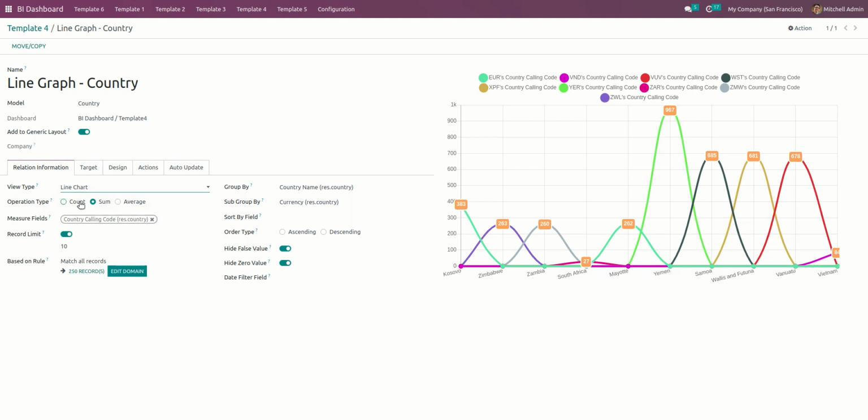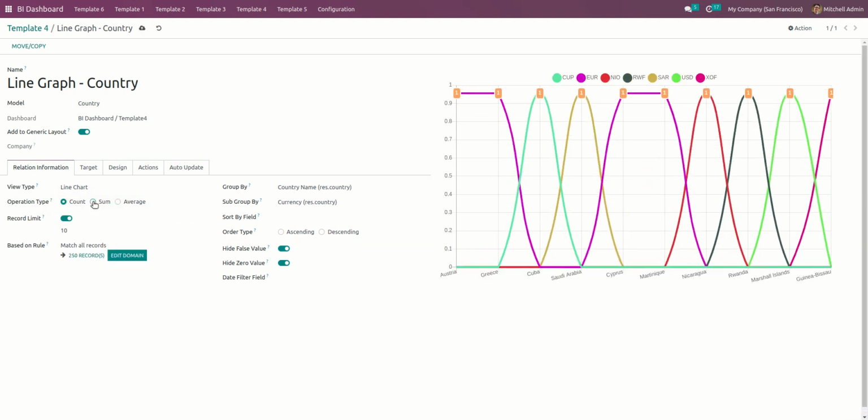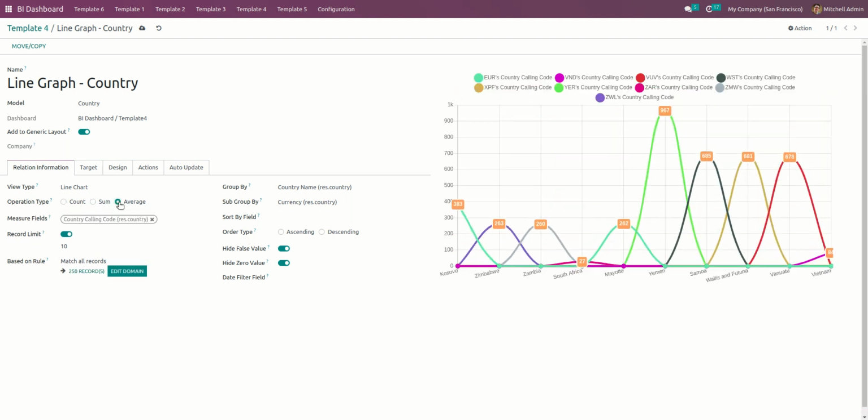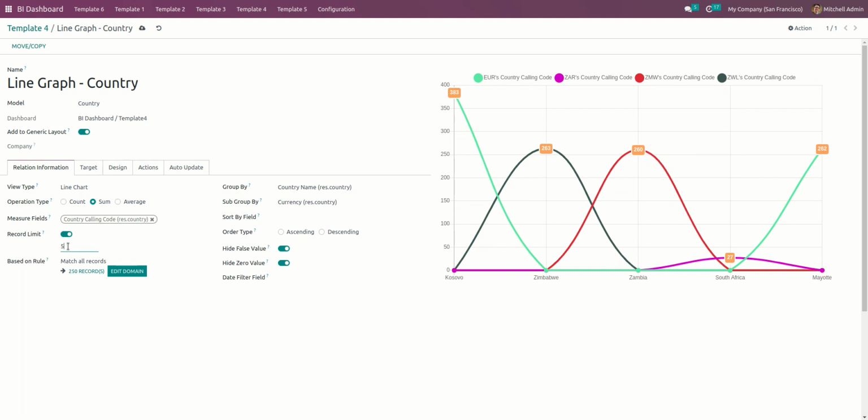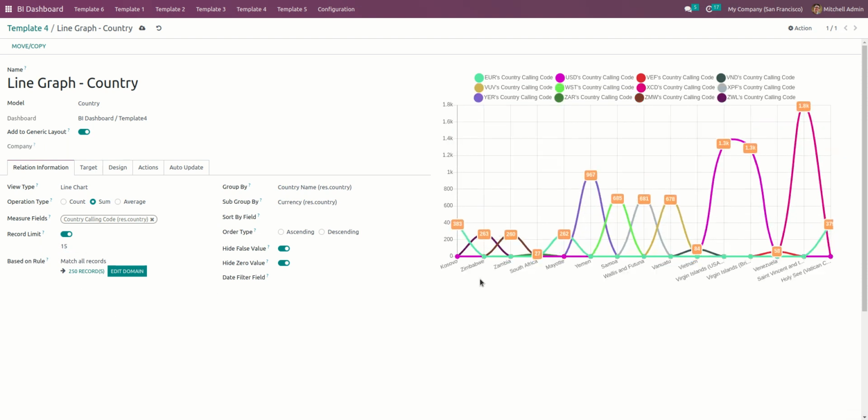Here you can select the operation type, let's say count, sum, or average, and the related parameters will also change accordingly. Then you can see the measure fields, where you can select multiple measure fields if available from the selected model. If you want to set a record limit, let's say 5, 10 or 15 records, you can set it accordingly, and the graph values will also change as per the selection.